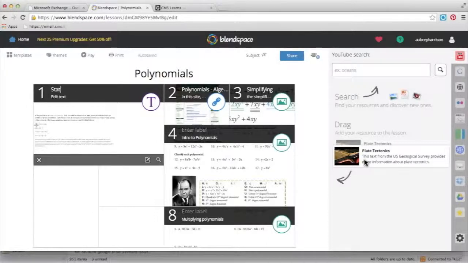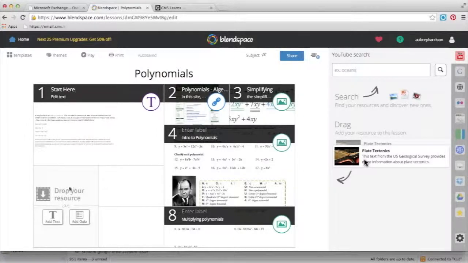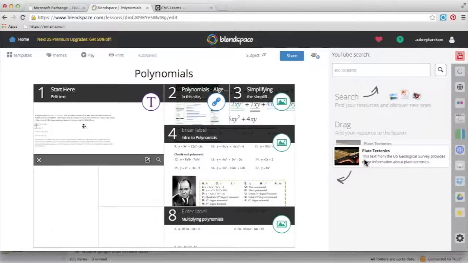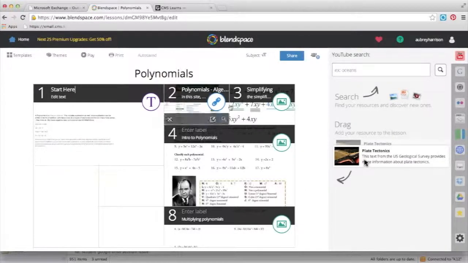I'll change the title for this one for the students to start here, but you also notice it has the numbers by each box, so it kind of lets the students know where to go when they start using this space. If I go into a blank box, you'll see I have some options where I can just add text. I can just begin typing in whatever I want. I can also add an assessment. You can see for box number one, that's exactly what I did. I just hit the text one and I typed in whatever I wanted,